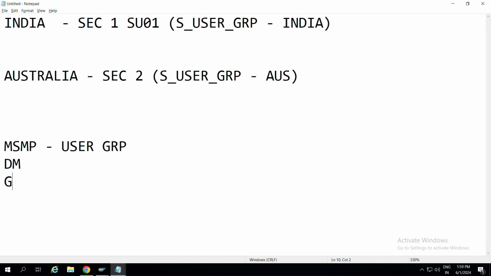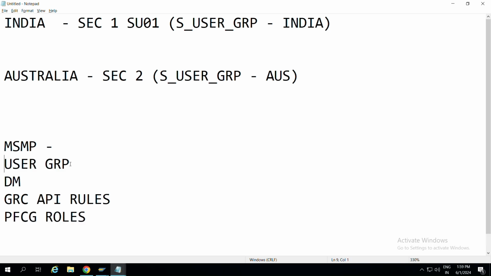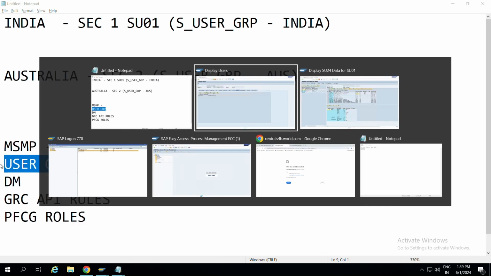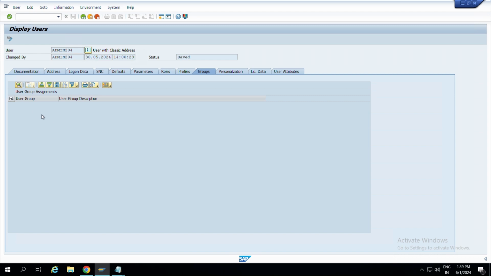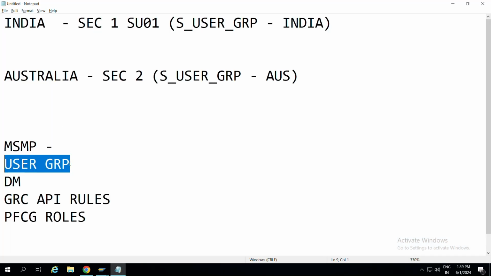One is GRC API rules and another one is PFCG roles. So how does it take the user agents? If the user group is mentioned as approver here, and in the MSMP workflow you configure it as user group with the user group name as approver, then he will be the approver. GRC decides he is the approver.